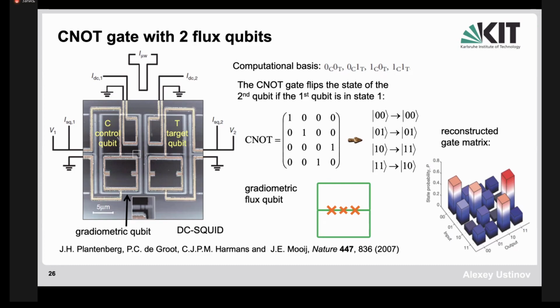And if you trap a flux quantum here, then this loop will be in a superposition of the states: flux quantum here, flux quantum there. Flux quantum will basically tunnel through this junction. And this makes the whole system kind of protected. And you could get the flux quantum there by cooling down to low temperatures from room temperature. And skipping the details, I just tell that the CNOT gate is described like this